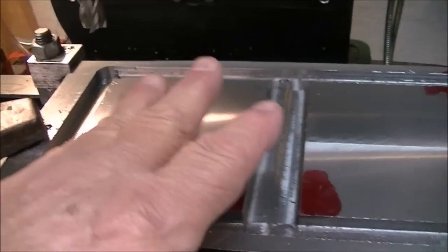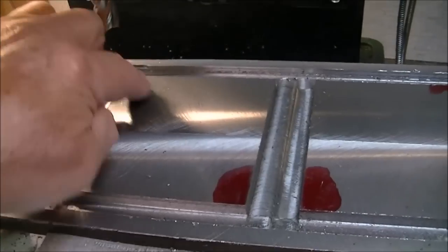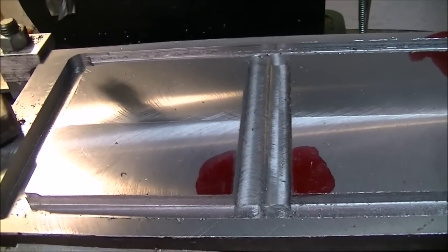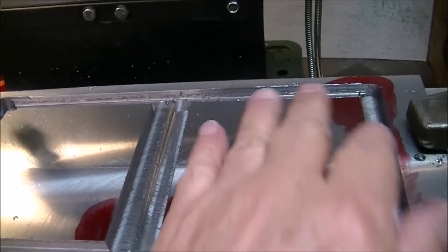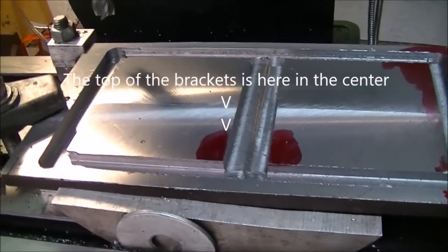I imagine obviously I'll have to turn the metal kind of at an angle, and then I'll have to cut a piece across here and a piece across here, because those are going to be the steadying supports. This is going to be one bracket, and this is going to be one bracket. This way I can cast two brackets at one time, hopefully, if it works out. Chances are it won't, but